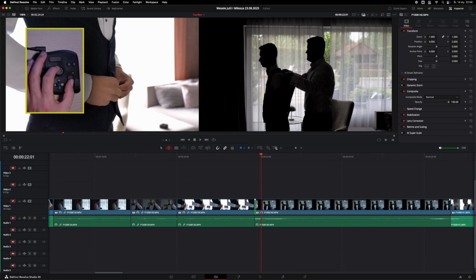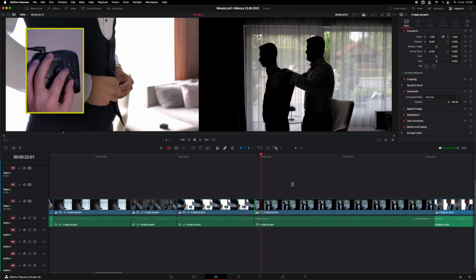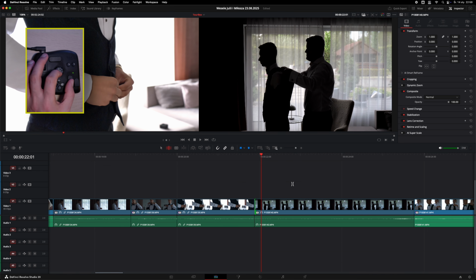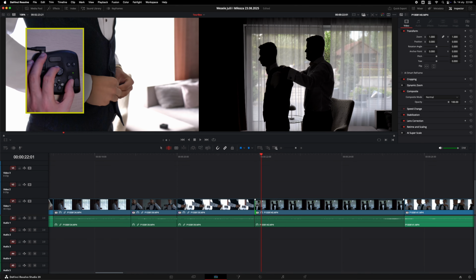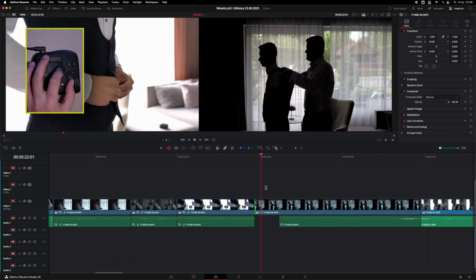I can see that in the preview window where I am exactly, and the rest of the timeline is moving towards that point. So I wanted to start from here.